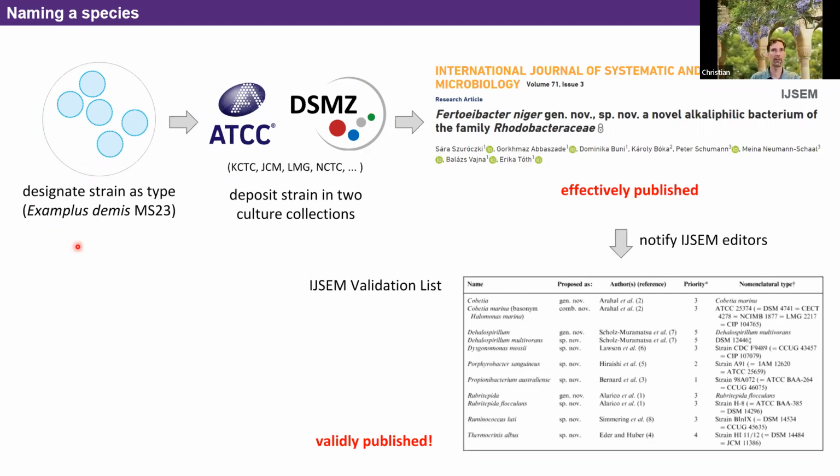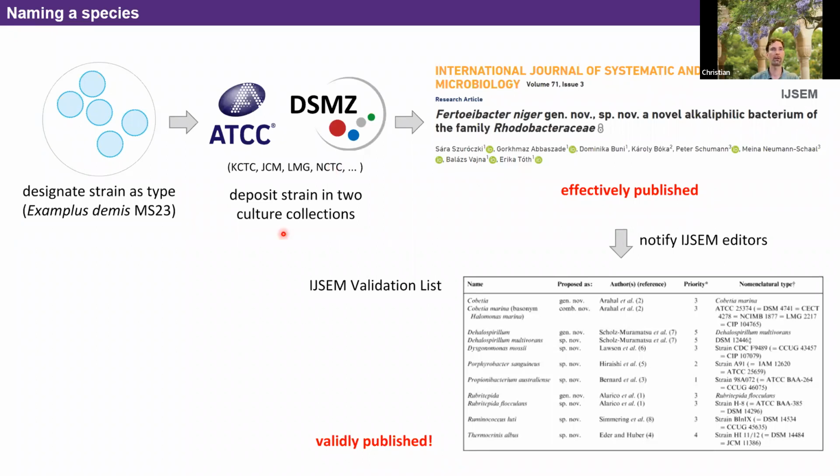Random example here, Examplus demis, and usually a number, MS23. What do we do to name this type strain? We have to submit it to a culture collection, and I show here the two largest ones. That's ATCC in the US and DSMZ in Germany. Now there are many others that work as well, right? But according to the code, it is required to deposit the strain in two different culture collections, and